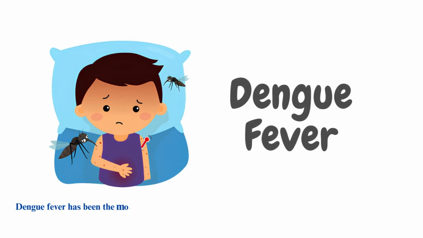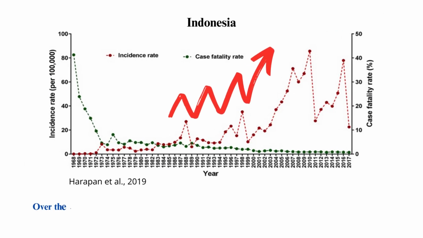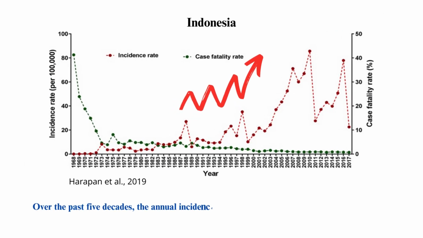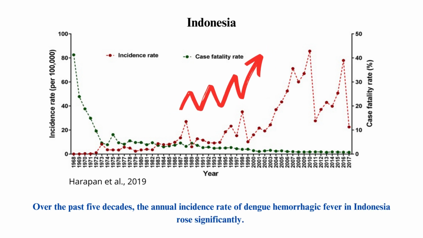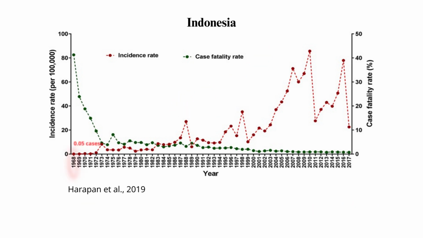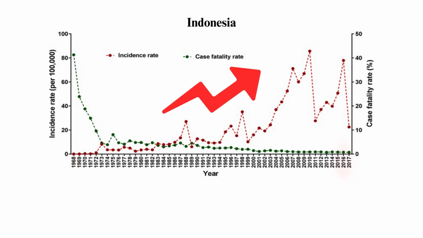Dengue fever has been the most prevalent disease spread by mosquitoes to humans in recent years, and it remains a global health concern. Over the past 5 decades, the annual incidence rate of dengue hemorrhagic fever in Indonesia rose significantly. The incidence rate increased sharply from 0.05 cases per 100,000 people in 1968 to 77.96 cases per 100,000 people by